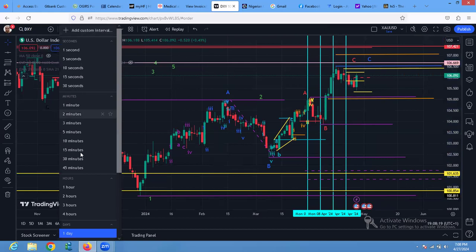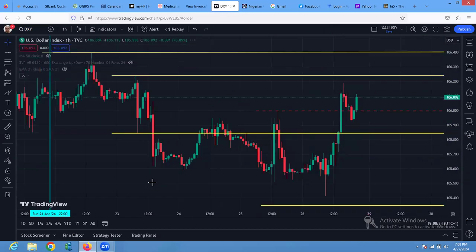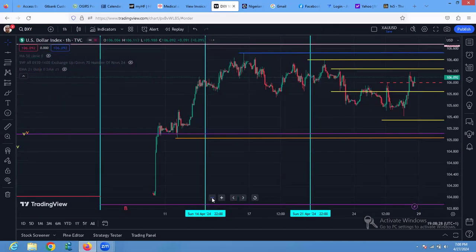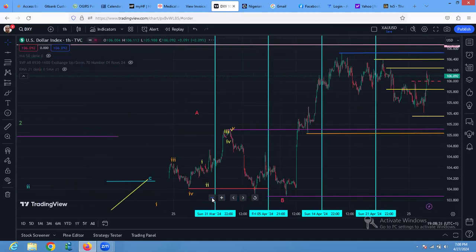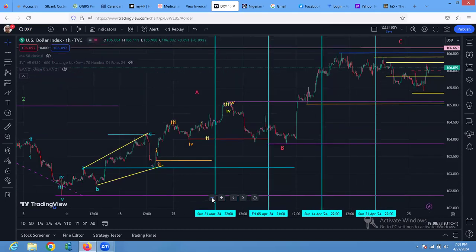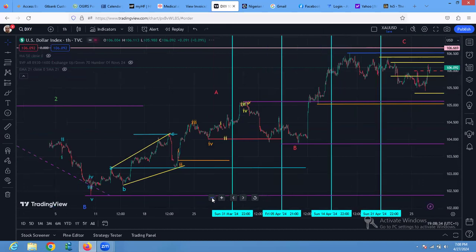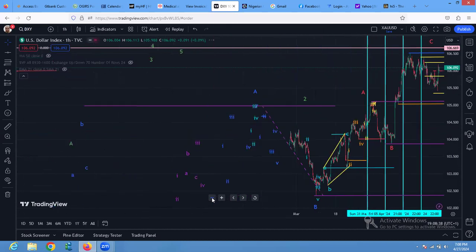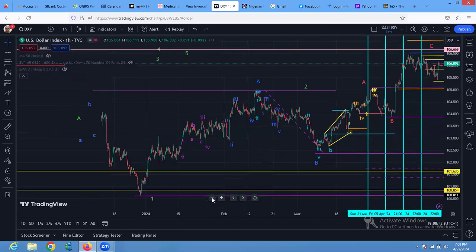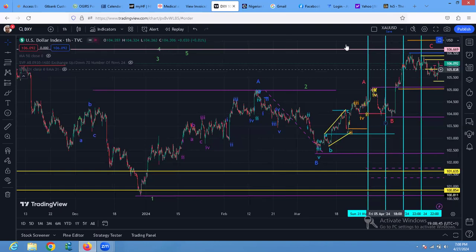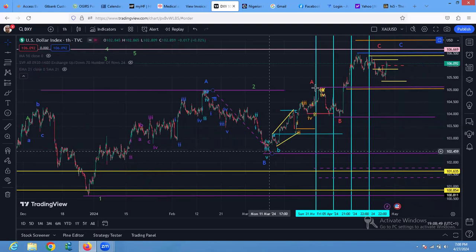DXY. Going to the internal architecture of that on a 1 hour time frame. On the 1 hour time frame, what we can see, since we began to pull down, let it load. Okay, we are concentrating here really. We can see that we've had this A, B, and a C, the last C, and